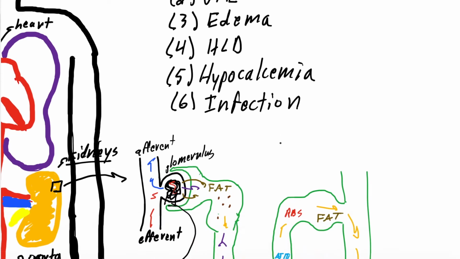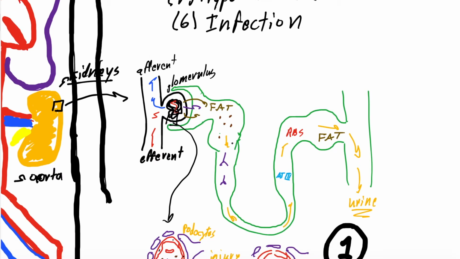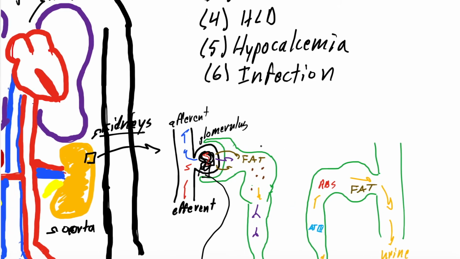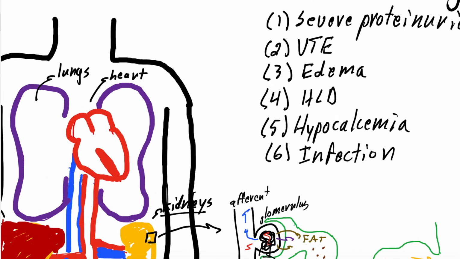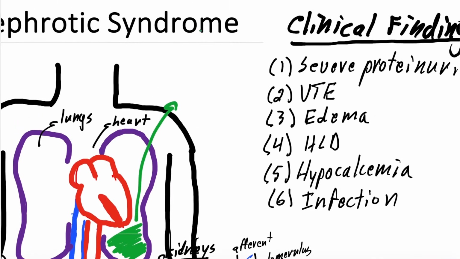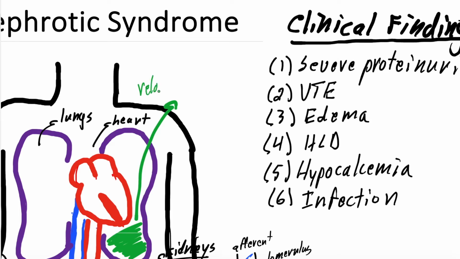Well, if you were listening early on and paying close attention, we mentioned that in addition to protein and antithrombin 3, we also start to lose immunoglobulins. These immunoglobulins, when the podocytes get injured, leak out of the intravascular glomerular space and they're excreted in the urine. Because of that, we have a relative immunodeficiency. So what happens is that we then can start to get infections in places like the lungs. We can get a consolidation and a pneumonia, and this consolidation and pneumonia is secondary to the relative immunodeficiency that occurs,